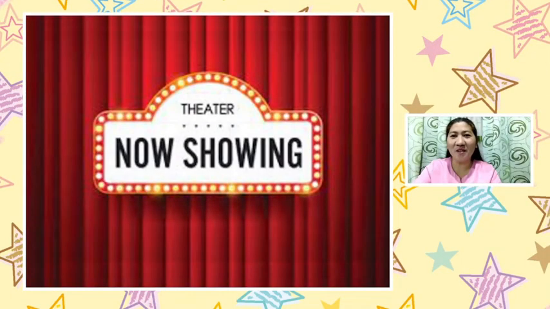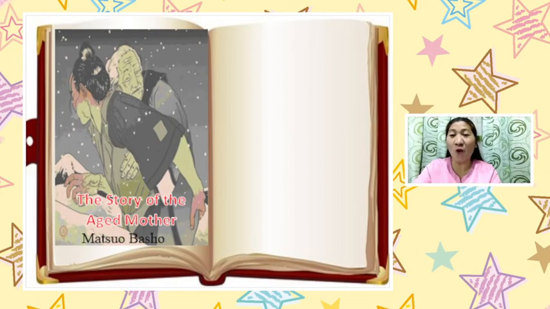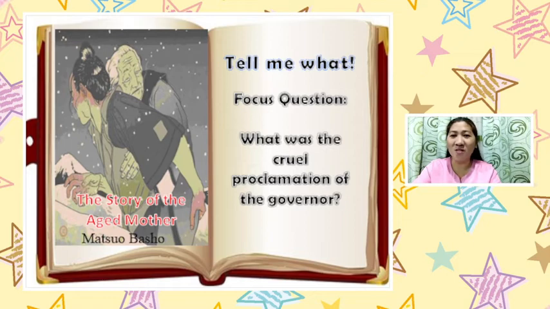Did you like the story? Did you understand it? Let us see if you really understood the story of the aged mother. So you have to tell me, from our focus question, what was the cruel proclamation of the governor? Yes, Shinano was governed by a despotic leader, the governor, who sent out a cruel proclamation to immediately put to